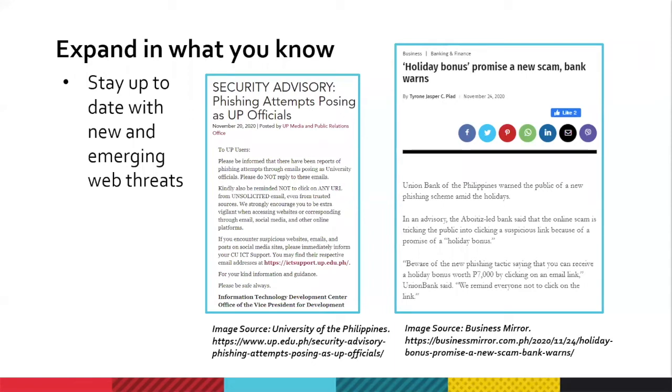Just last month, I've been receiving emails about phishing URLs and emails posing as UP officials. And with the coming holidays this December, we might be exposed to a lot of scam sites relating to holiday bonuses. Ay, akala mo nagkaroon ng 13th month or mga Christmas bonus pero yun pala naging scam pala, no? So you need to be up to date with these kinds of relevant news.